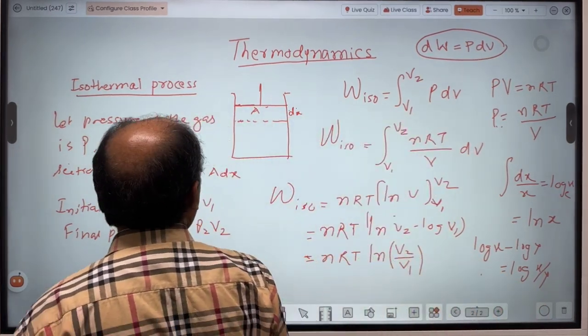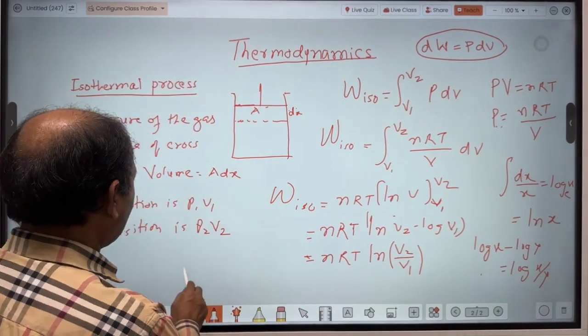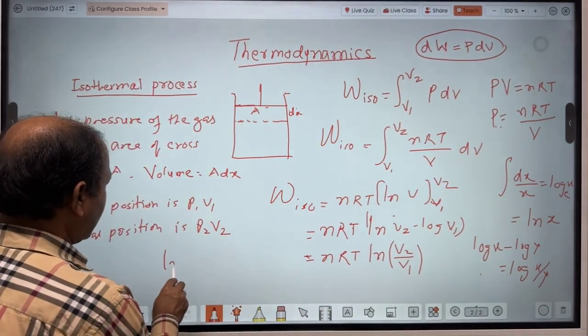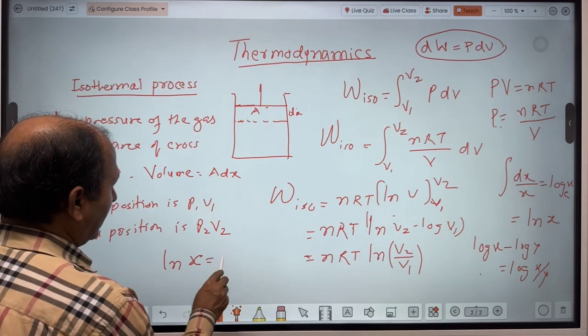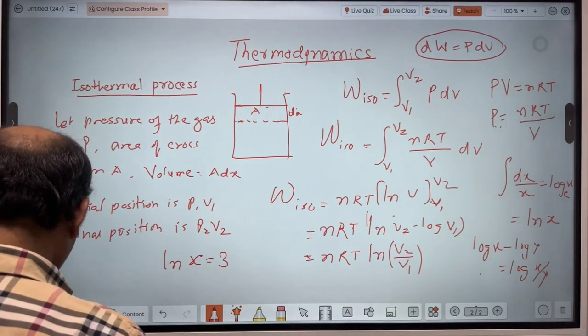Now suppose we want to change this ln to log, so there is a relation ln x is equal to 2.3